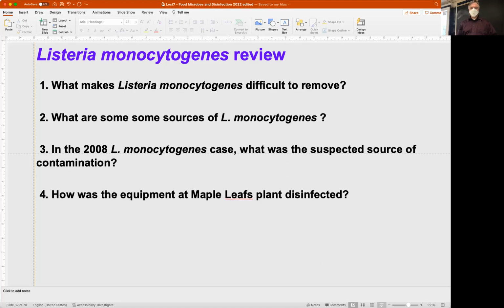And last question, how is the equipment at the plant disinfected? Various disinfectants were used, including alcohols and quaternary ammonia. They don't mention bleach. I think bleach is a little bit basic for some, and too extreme. In the food industry, many companies don't use disinfectants. They use high pressure